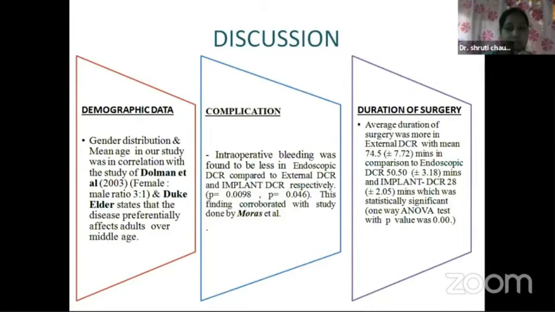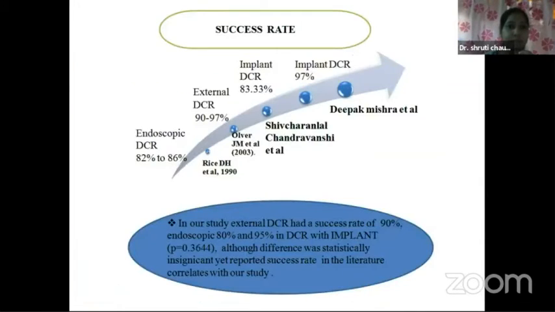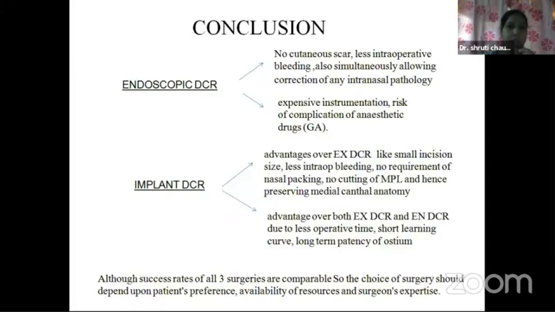This is statistically significant by using the one-way ANOVA test. In our study, the external DCR had a success rate of 90%, endoscopic 80%, and 95% in DCR with implant, with a p-value of 0.364. Although the difference was not statistically significant, the reported success rates in the literature correlate with our study. So my conclusion is endoscopic DCR has an advantage of no cutaneous scar, less intraoperative bleeding time,